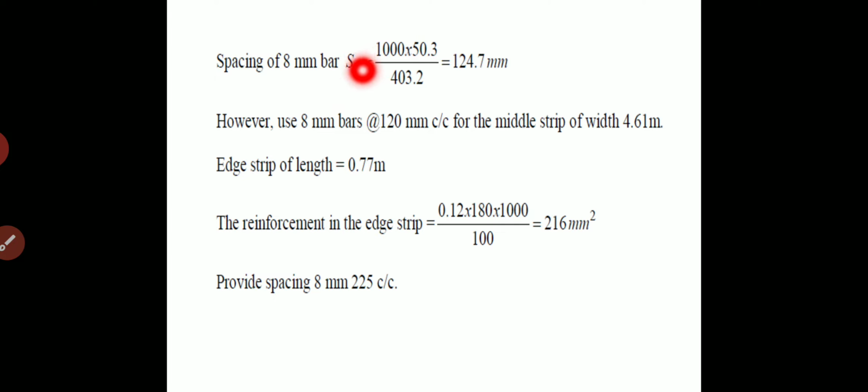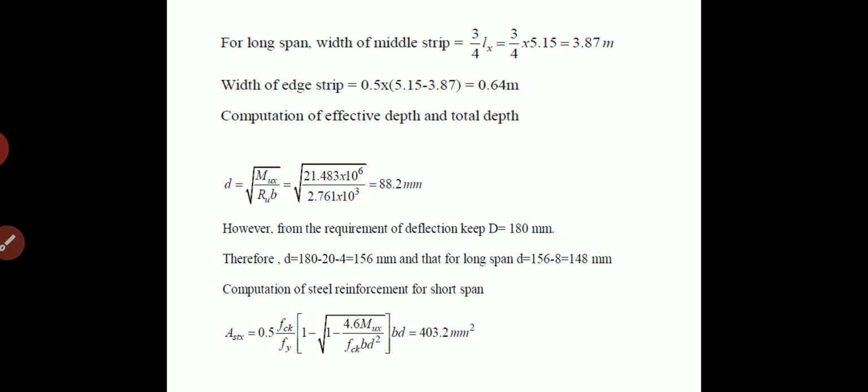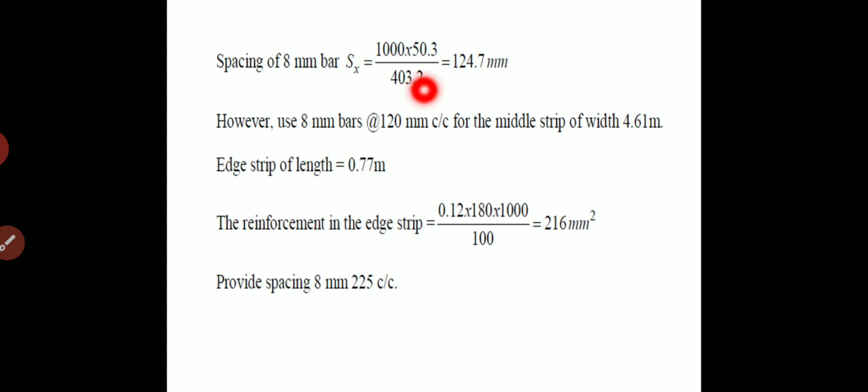So the formula is 1000 AST upon AST. We put values here and we get spacing equal to 124.7 mm. However, use 8 mm bars at the rate of 120 mm spacing center to center for the middle strip